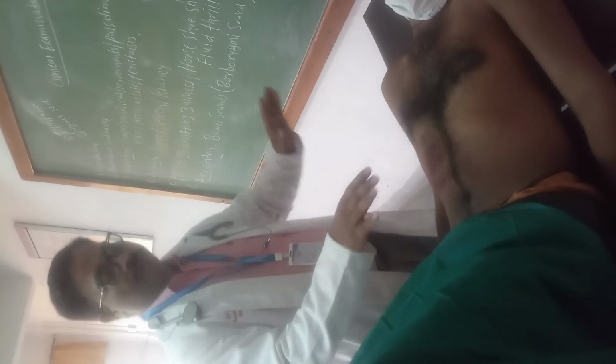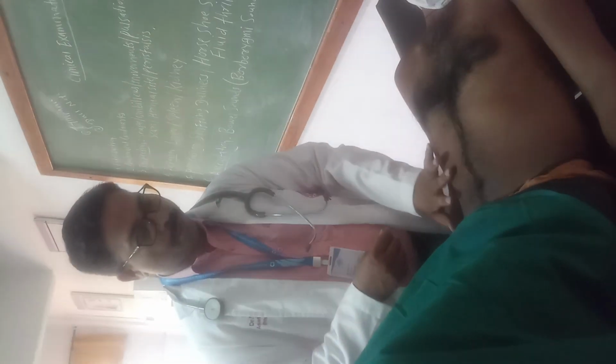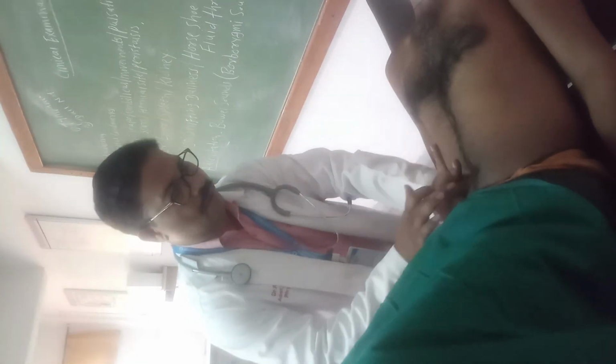In ascites, we are going to examine the shifting dullness. So normally in the abdomen, there is intestine. In the intestine there is air. Because of that air, there is a tympanic note on the abdomen. So when you percuss the abdomen, you will get a tympanic note. So this is the tympanic note, because of some amount of air in the intestine, and intestines are hollow organs. If fluid is present in the peritoneal cavity, this tympanic note is converted into a dull note. Clear?